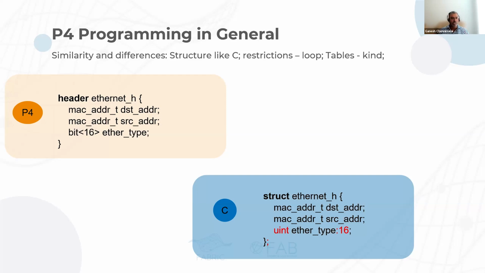There is, of course, a semicolon that is missing in the P4 version, but if you put one, I don't think it is going to complain. The bit representations are pretty close to headers. Most of the headers, like IP headers and Ethernet headers, deal with a lot of bits, like 3 bits of this belong to this field. In structures, they are typically rounded off, but